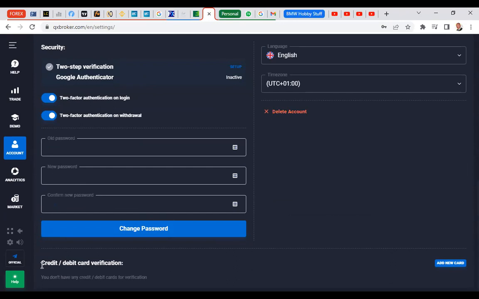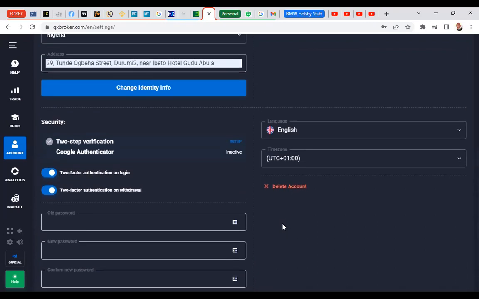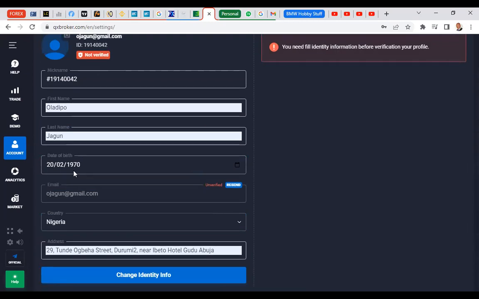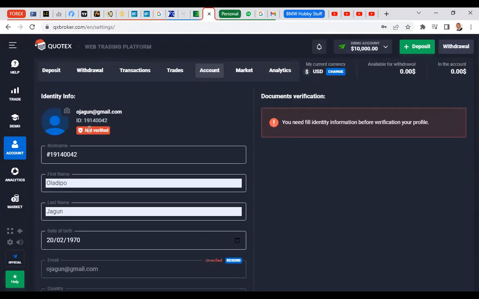If you want to use a credit card or a debit card, this is where you put it in. But our preference is crypto, at least for now. So if we look at the verification email,